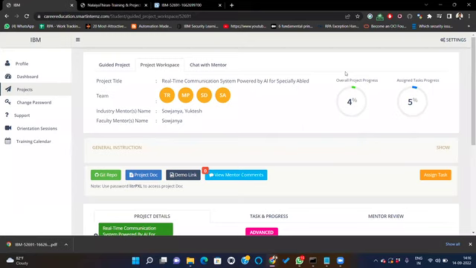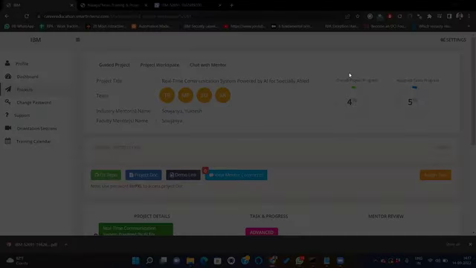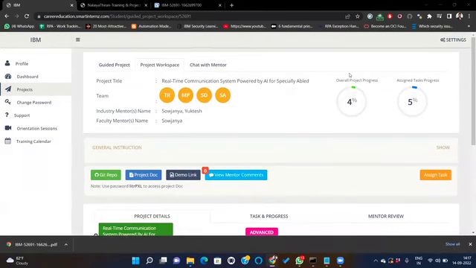Dear faculty, this will not happen because if the student has registered for that particular project, the workspace access will go to that project group only. It will not be like this. Anyhow, as per your request, I'm going and checking it. What is this IBM SI ID? Take a screenshot of this, Shaina. Okay, we'll see it.